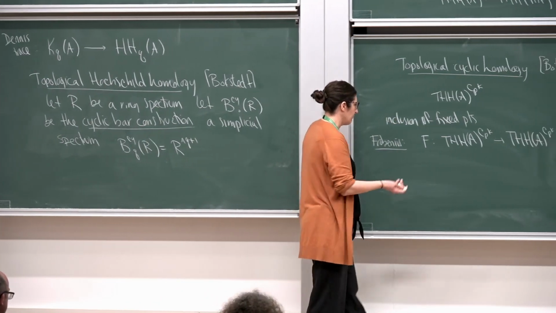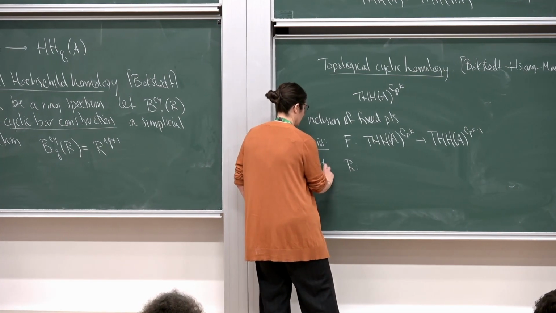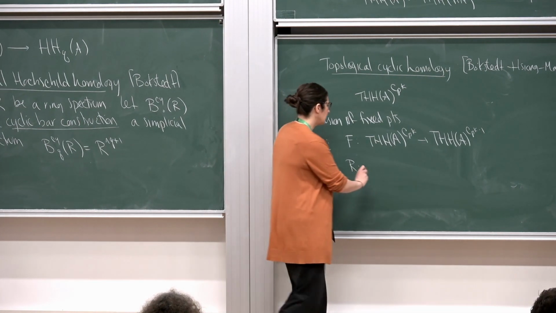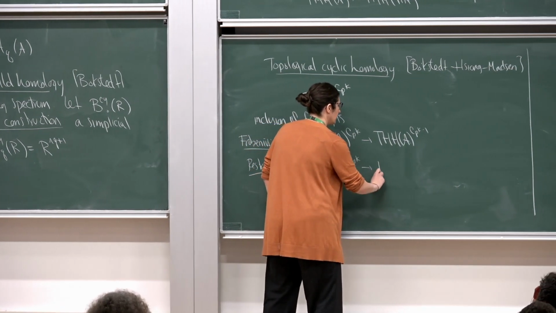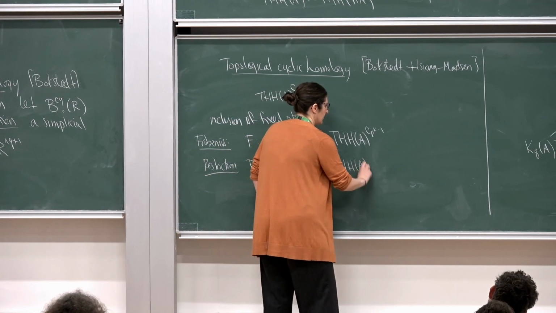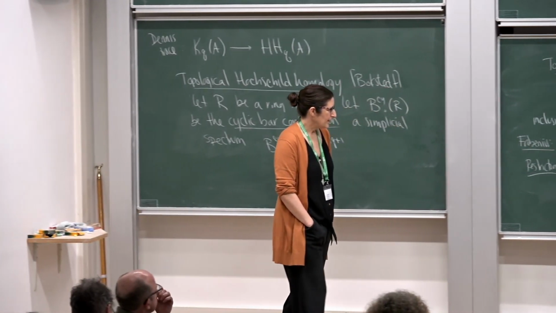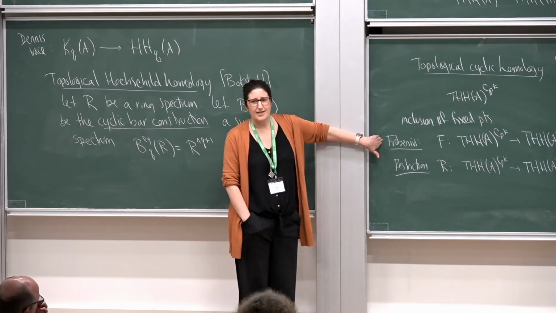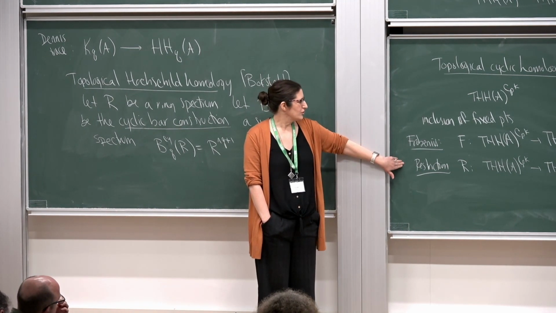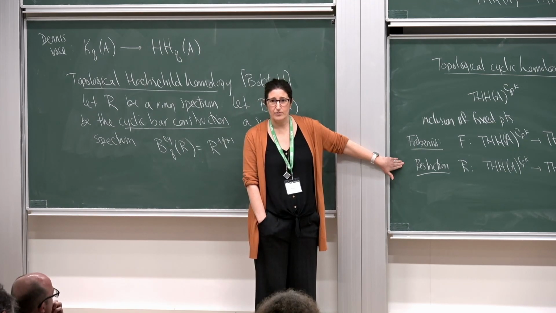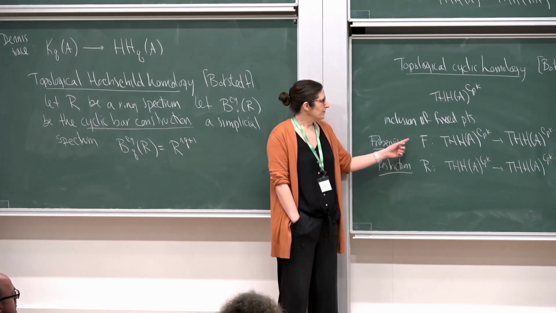There's also a second map, which is called the restriction. It's also a map from the C_{p^k} fixed points of THH to the C_{p^{k-1}} fixed points of THH. With the Frobenius, there was a nice one-sentence thing to say: it's inclusion of fixed points. The restriction is more complicated. There's not a nice one-sentence summary, other than to say that the Frobenius